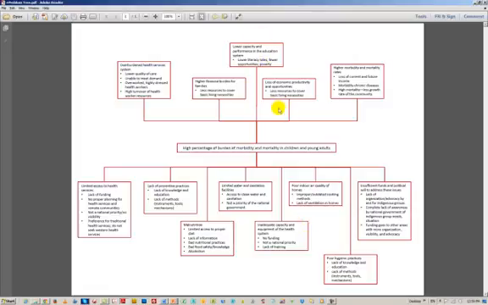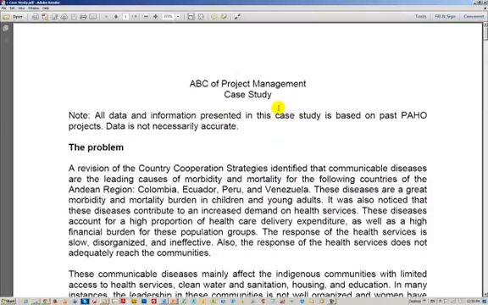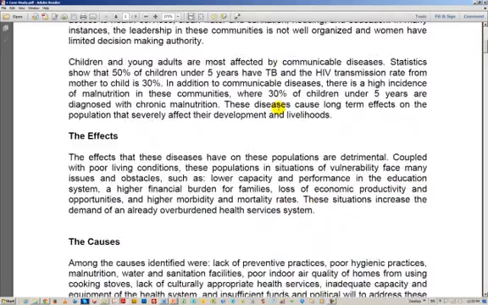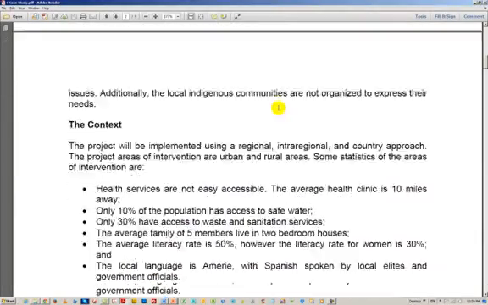I'm still working on this. It is a work in progress, and I need to create one that will show you the objectives tree, which is the solution for this problem, and that is part of the design components that are required to develop the log frame. The last one is the case study text. That is the description of the case study. It gives information about the problem, the effects of that problem, the causes, that is the summary, and from the problem tree. We also have information about the context,